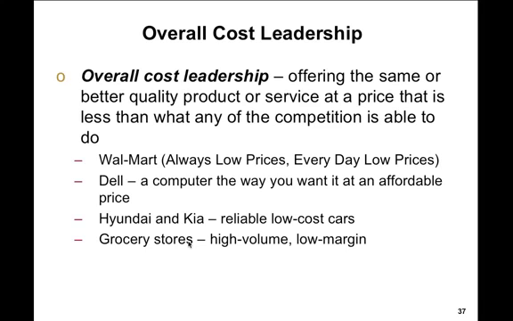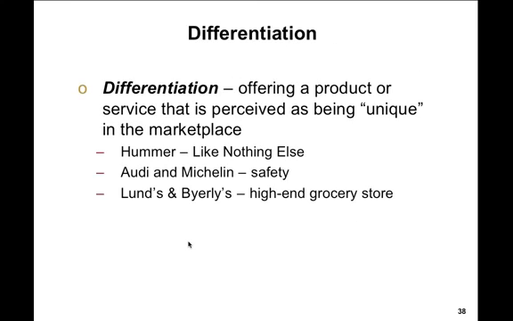And you'd have to basically have a competitive advantage over everybody else in order to actually do that. And so you'd have to apply technology to make that happen somehow. Dell, being able to be affordable. Hyundai, Kia, those are supposed to be reliable, low cost. Grocery stores, high volume, low margin. Supermarket, big, super, low price. And it's supposed to be cheaper to buy stuff at a grocery store than it is at a liquor store